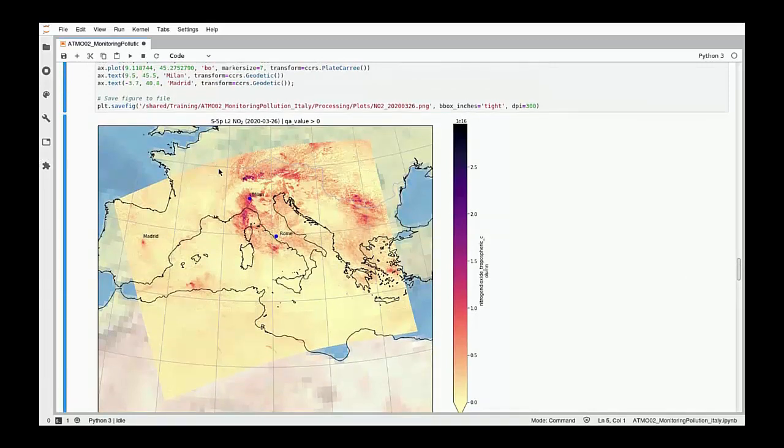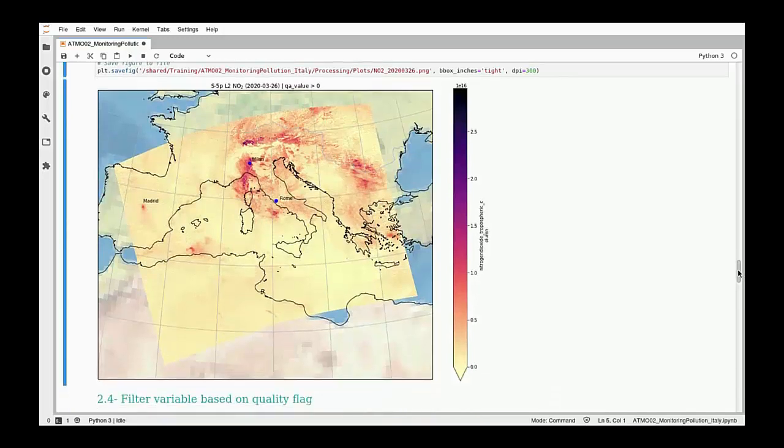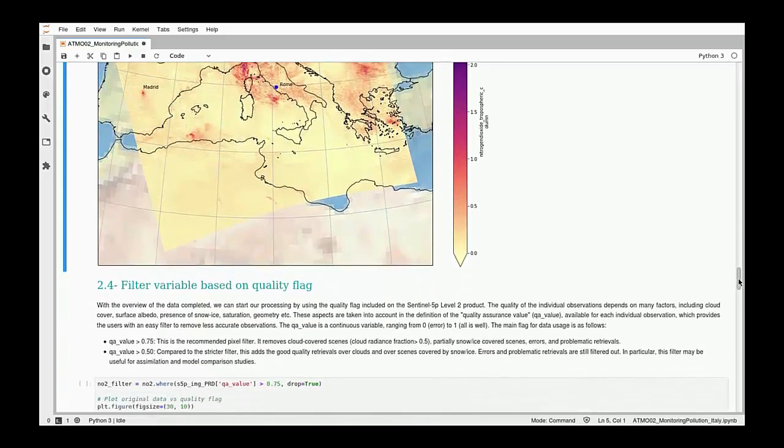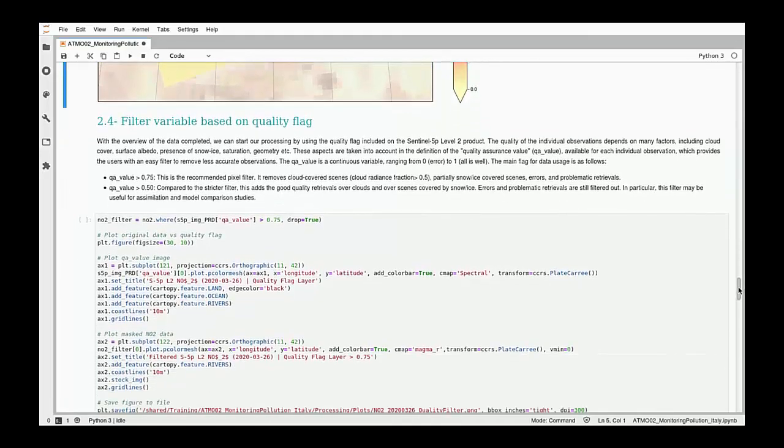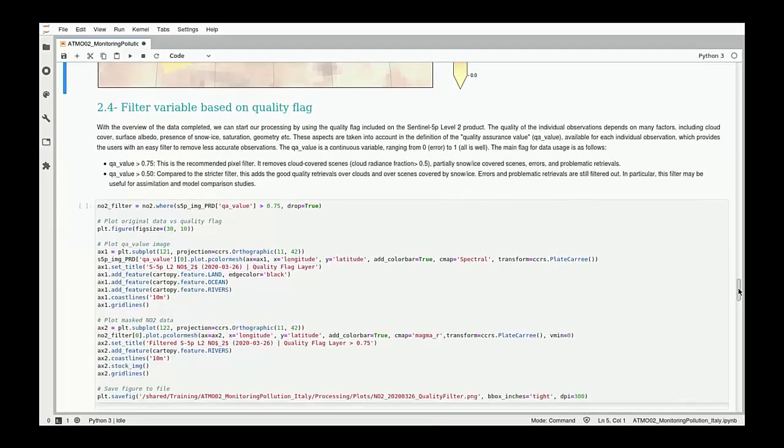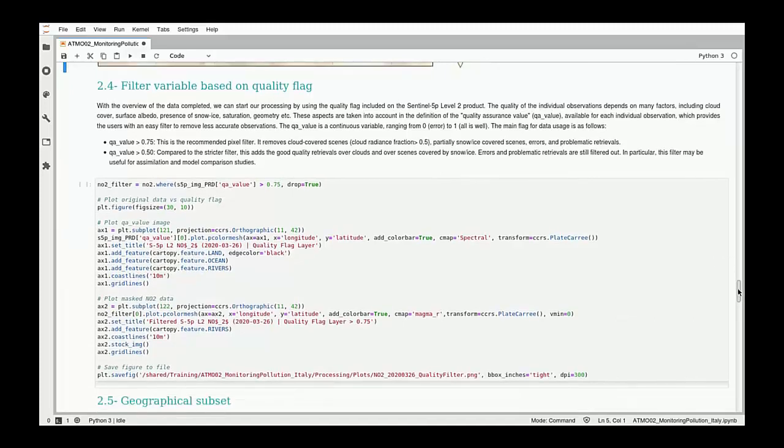So now that we have a second and a little bit more advanced visualization of the data, we can move on and do some basic operations. One of the main things you have to think about when working with Earth observation data, in general, is the quality of your measurement. You cannot take it for granted. Of course, there is heavy work done by ESA to ensure the quality, but there are some